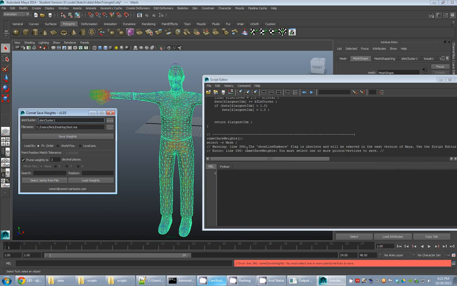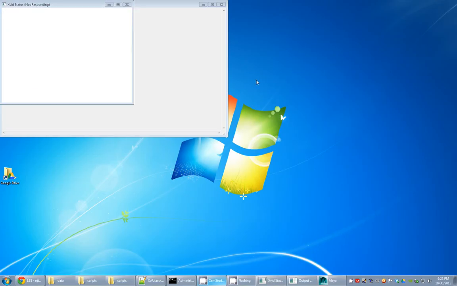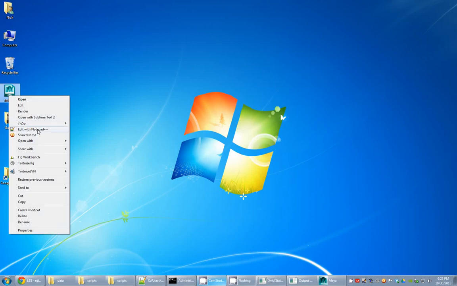You'll get this message over here that says you must select 1 or more points or vertices to save. So to do this, right click on your mesh, go to vertex, and then Control Shift A again to select all of the vertices. Now when you hit save weights, it should block the interface while it's working, and then you'll get a message saying that the weights have been saved to the file. There we go. So if I open up that file in a text editor,